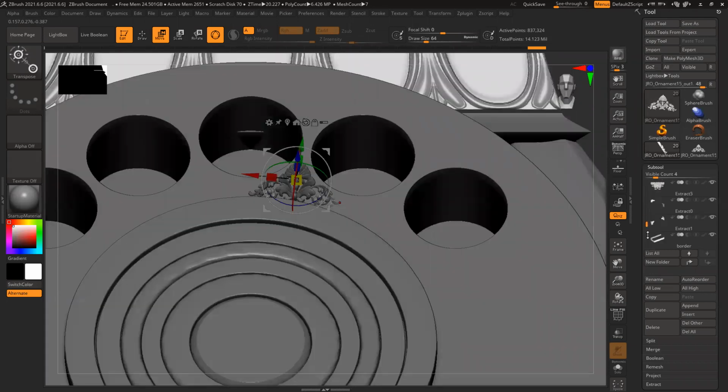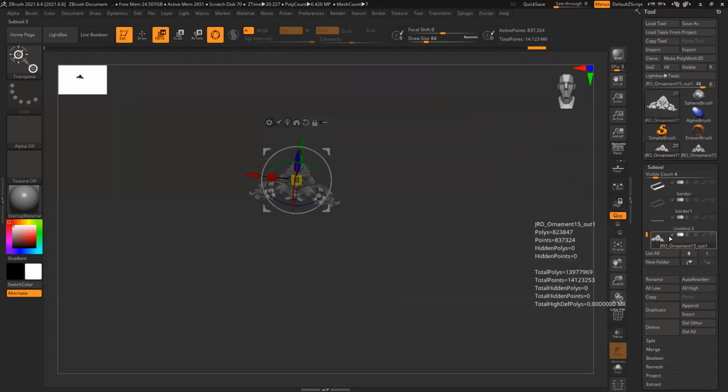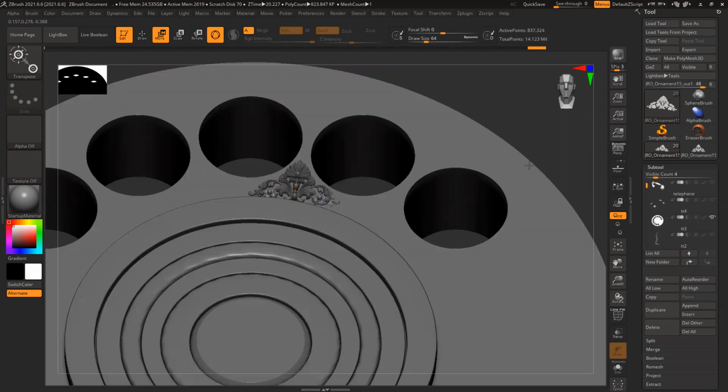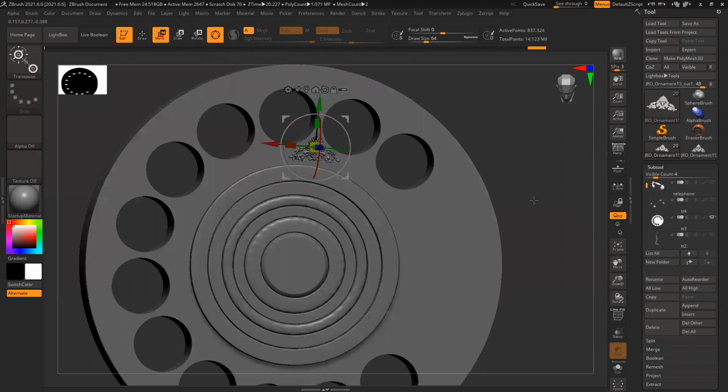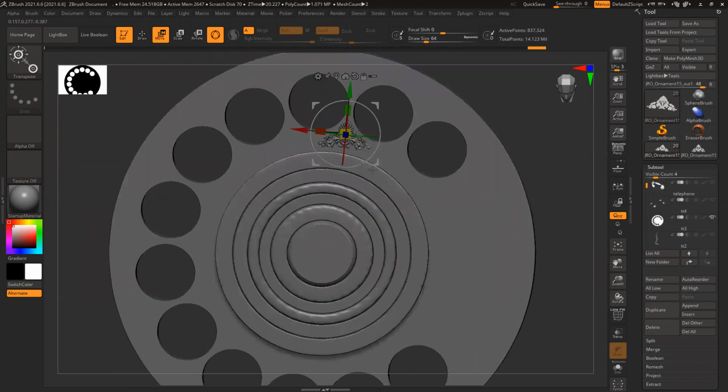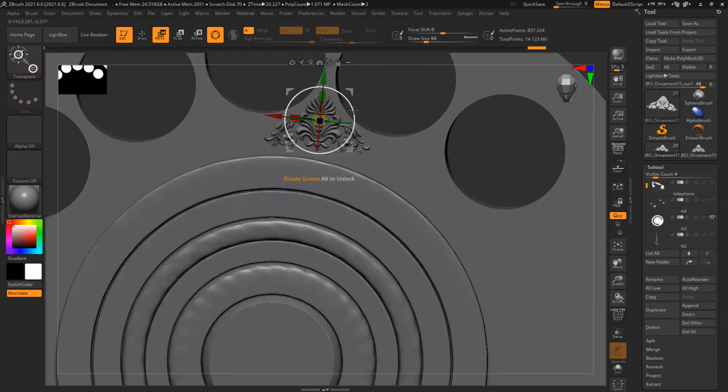This one and this one, and that dial I need. Align it. Control Alt or Control Shift D. Keep it separate.